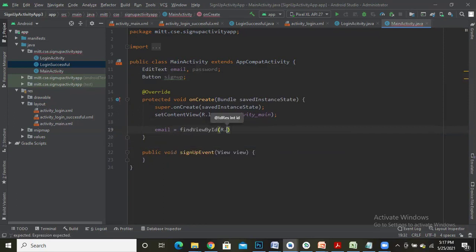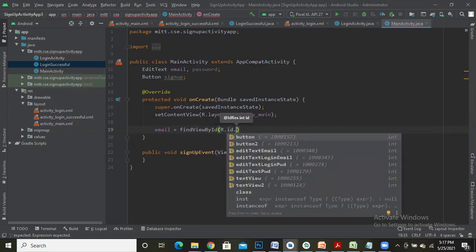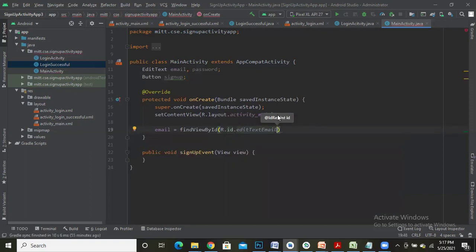So through the resource R.id, the ID for email I had specified as edit text email. So let me select that. So now I can make sure that the edit text field with the ID edit text email is mapped with a variable of edit text in Java with the name email.